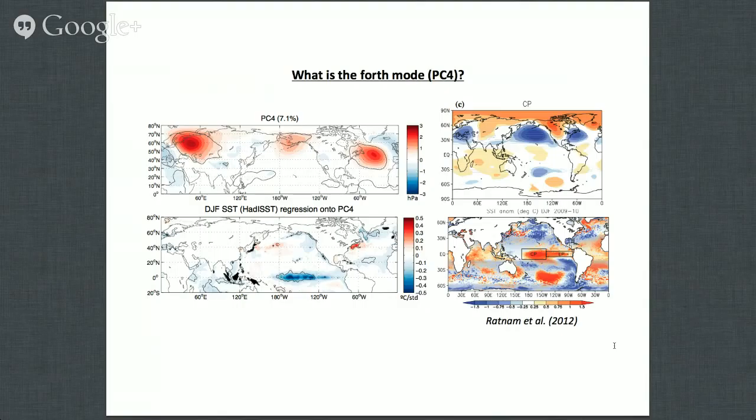Any other questions? No question? Remote participants. Chris, do you have any questions? I'm sorry? Chris, do you have any questions? Oh. No. Okay. Chris, I think you did an experiment with this kind of SST pattern, right?